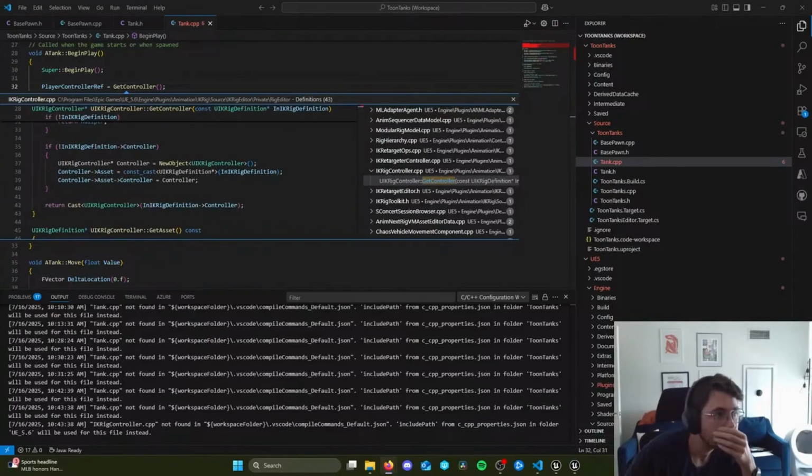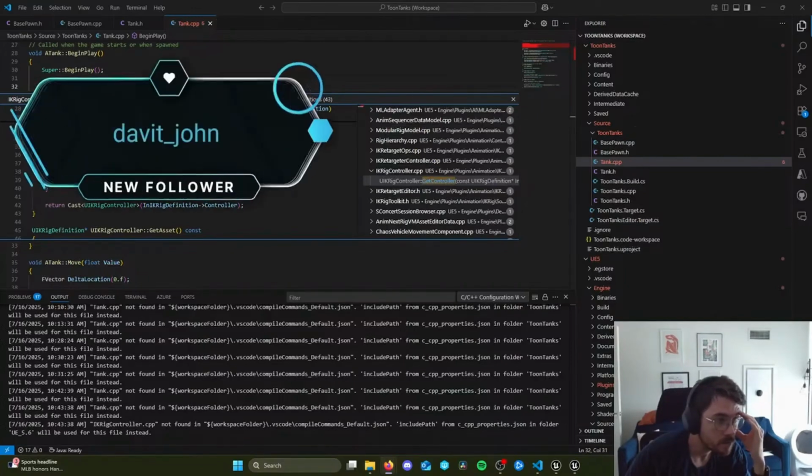So what we're attempting to do here is take the return value from get controller, which is of A controller pointer type, and we're trying to store it in an A player controller pointer. Notice we see the red squiggly here. It says a value of type A